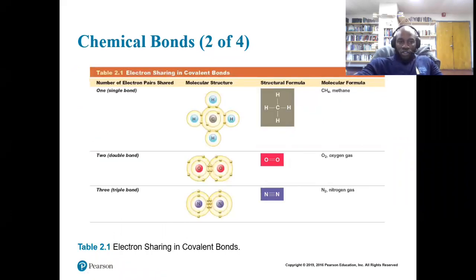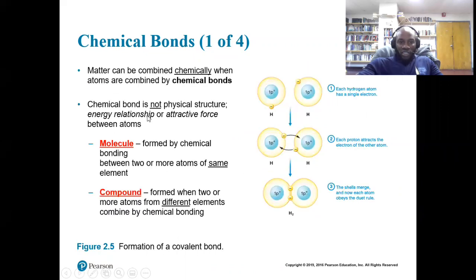All right, so this is showing you chemical bonds. This is methane, carbon bound to 4 hydrogen. This is oxygen gas, I just told you, O2. And what happens in these chemical bonds is they're sharing electrons. As it says here,